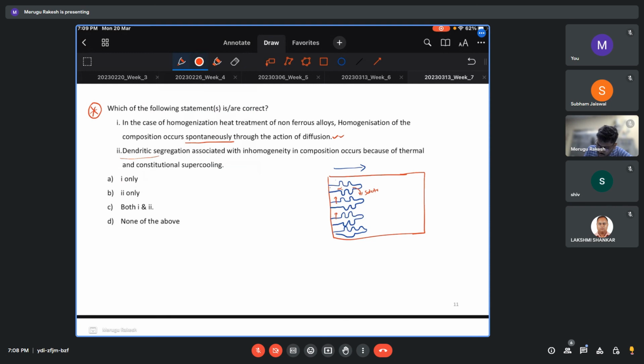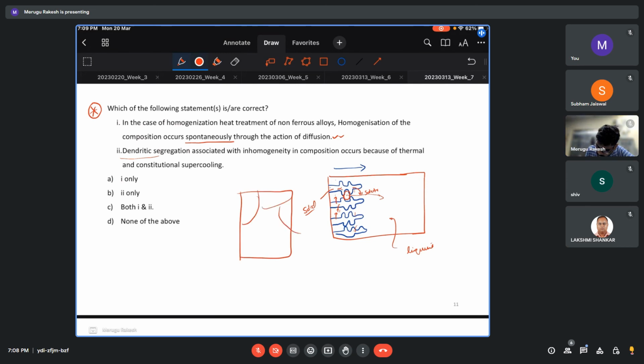wherever there is no... this is still in liquid state. So this is the solid that we have, and this is all liquid. Okay, so here in the center also we have liquid, and it will reject into the outer side. So what happens at an instant, this solute will not have any way to escape into the actual liquid and solidify. So it will get trapped here itself, and when you see the actual microstructure,